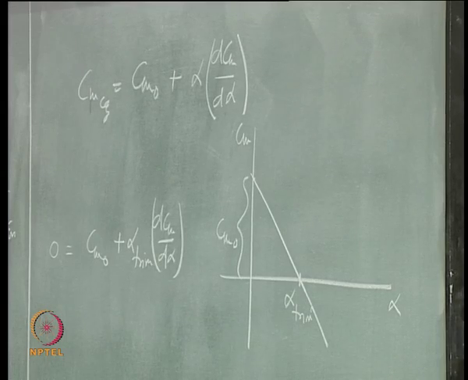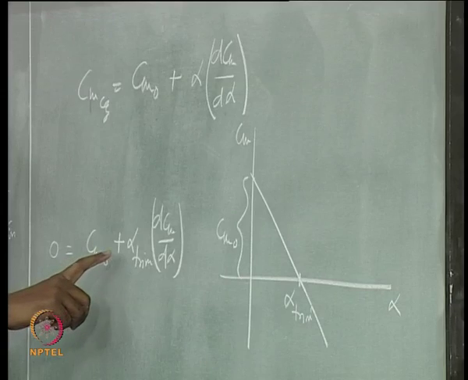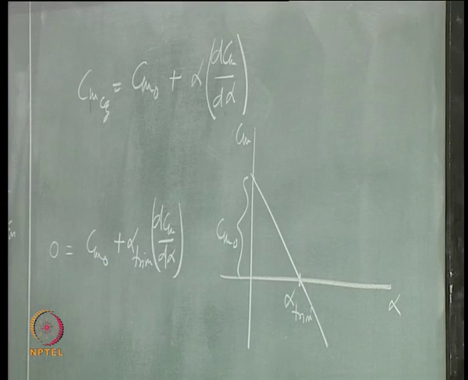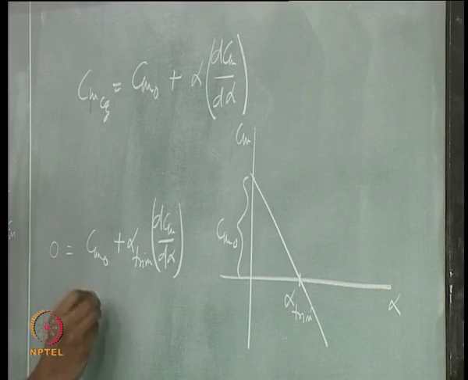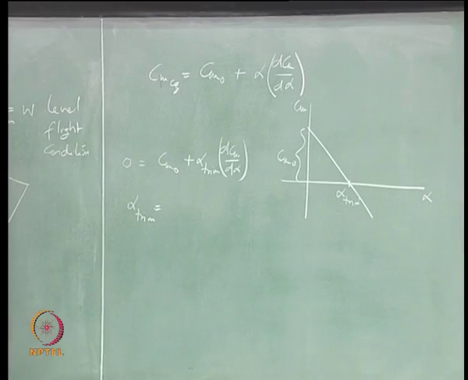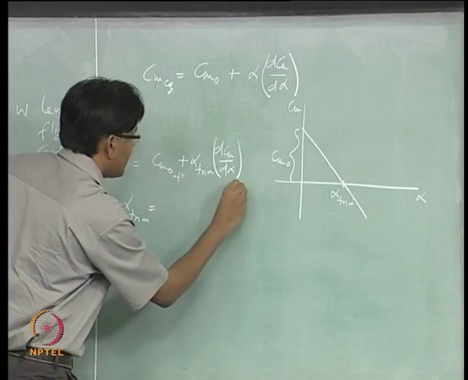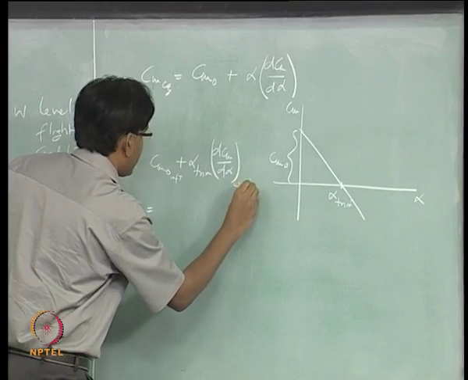Wing camber, if you change, this Cm naught is going to change, right. So you can change the alpha trim, right. Alpha trim is, this Cm naught is for the complete airplane, wing, fuselage, tail, okay,